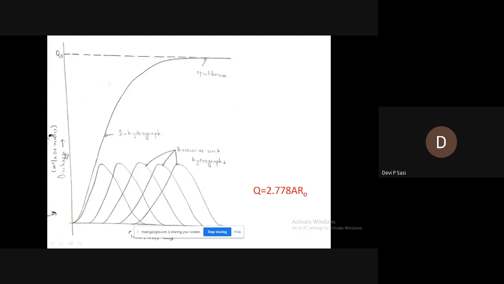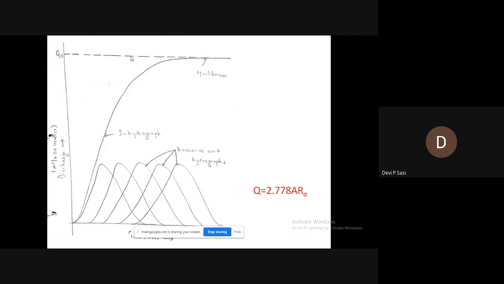You can see several unit hydrographs here, and the S-curve is obtained as the summation of all these unit hydrographs. Then you can see it is a continuously rising curve and it is in the form of the letter S